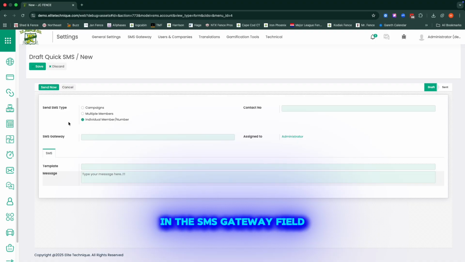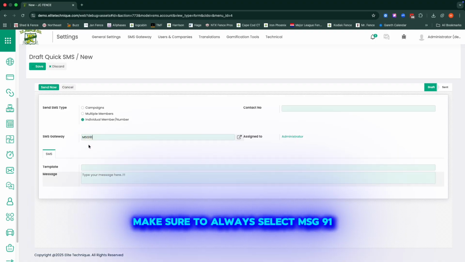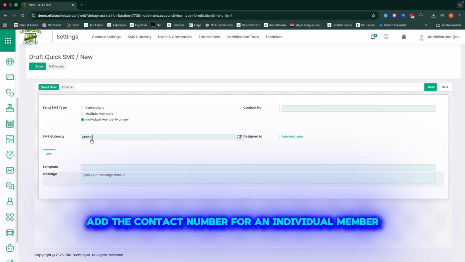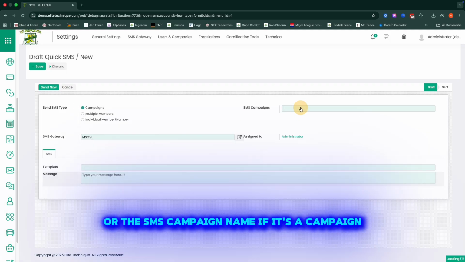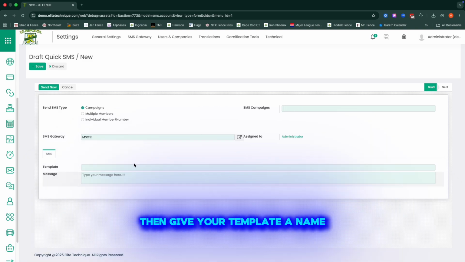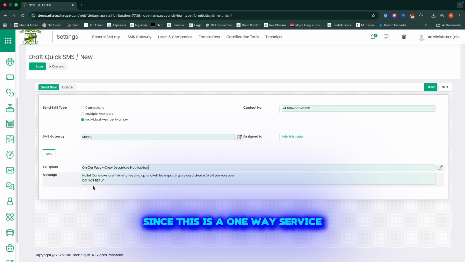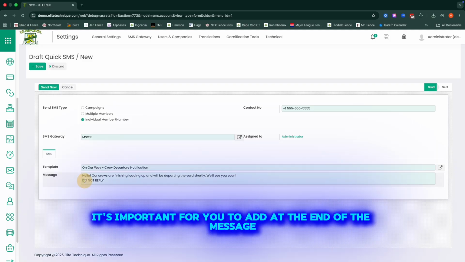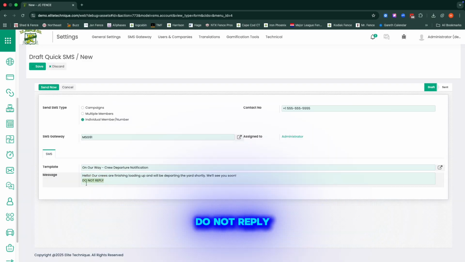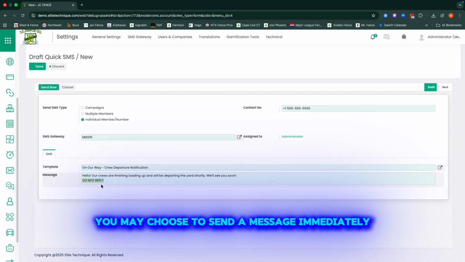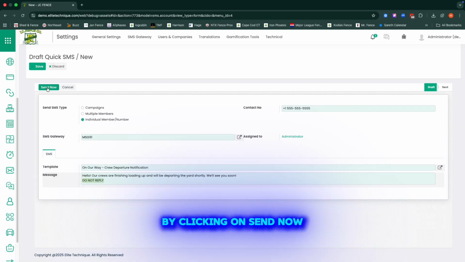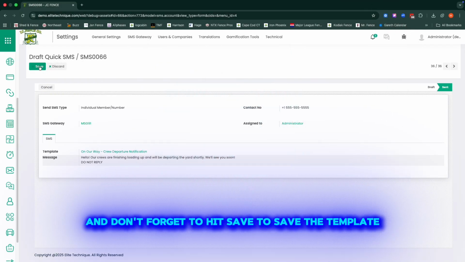In the SMS Gateway field, make sure to always select MSG91, which is the gateway that we use. Add the contact number for an individual member or the SMS campaign name if it's a campaign. Then give your template a name and finally type in the actual message. Since this is a one-way service, it's important for you to add at the end of the message, "Do not reply." You may choose to send a message immediately by clicking on Send Now, and don't forget to hit Save